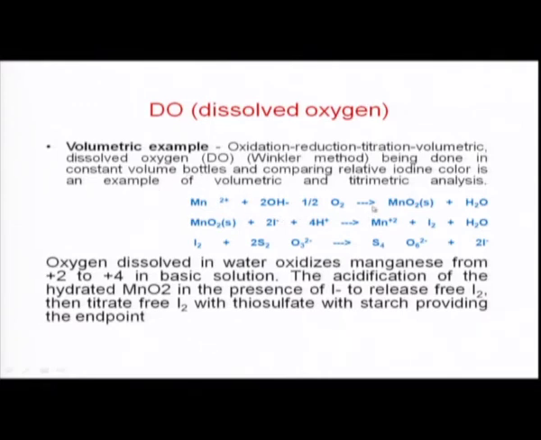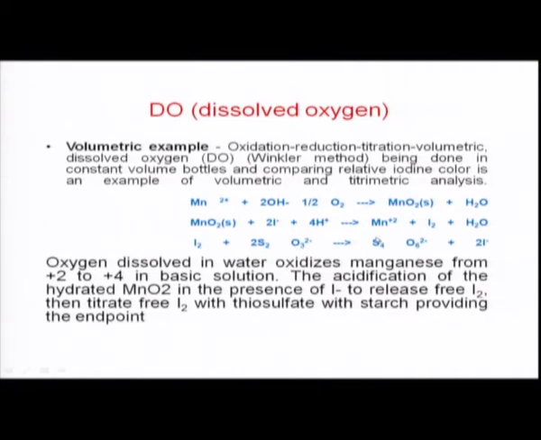alkaline medium. If dissolved oxygen is present, it will oxidize the Mn2+ to MnO2, manganese dioxide. This manganese dioxide is a very powerful oxidizing agent. In acid medium, it will oxidize iodide. If you add potassium iodide, the manganese dioxide will convert the iodide into iodine, which is a yellow colored solution. The yellow color may be titrated with thiosulfate, or if the concentration is low, add starch, which gives a blue color,